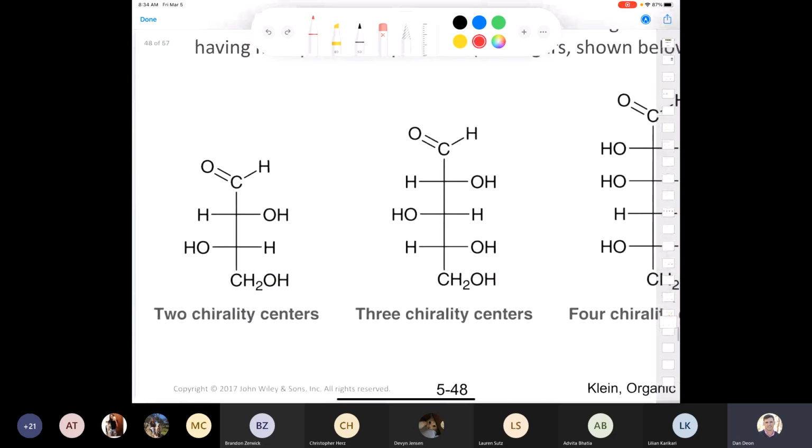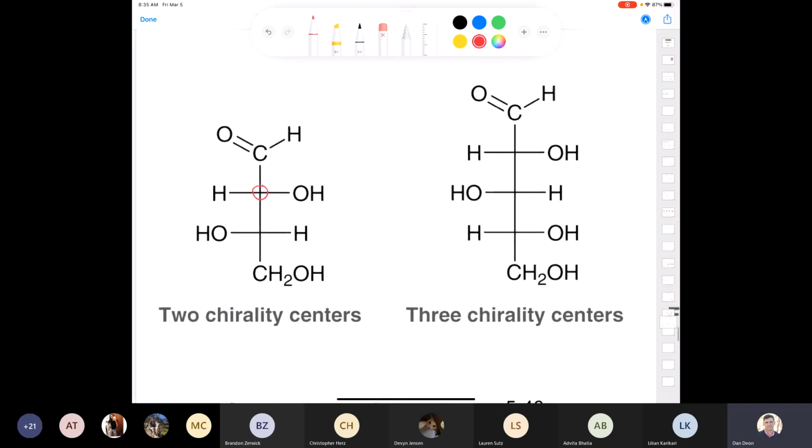All we're worried about is the chirality centers. You know what I'd like to do? I hadn't planned on doing this, but we got time. Let's try. Could you guys assign that chiral center? Could anybody do that? I'll give you a second to look at it and try it instead of just hollering at you. Just take a minute, and if you can figure that one out, see if you can figure this